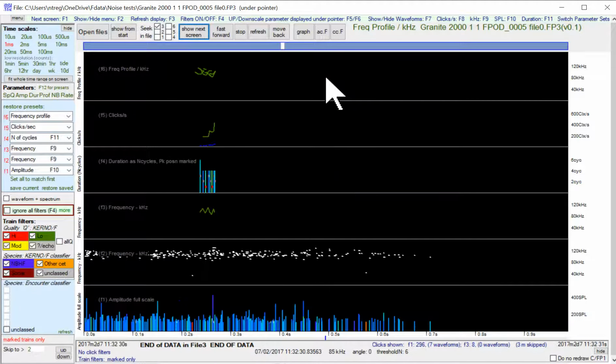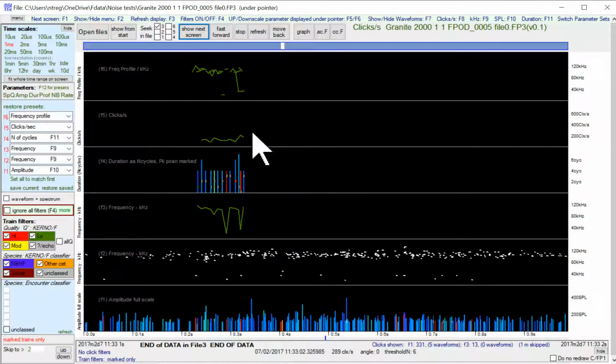So let's move to the next one. Essentially all the same things apply here. The clicks per second is very irregular and rising steeply. It's also, like the last one, very fast. Here's another one, not quite so fast, but it is going, if you look down there,